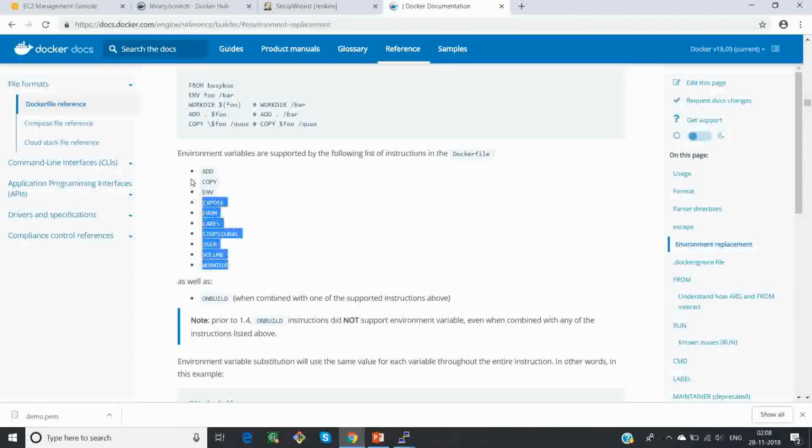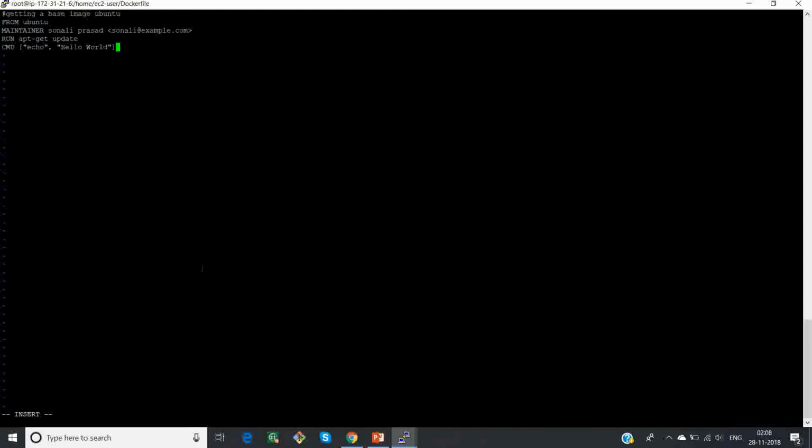These are some of the arguments which a Dockerfile supports. We can add, we can copy, we can pass an environment variable, we can expose any port. FROM is the name of the base image. We can label, we can set the stop signal, we can give user permission, we can add a volume, we can change the default working directory. So as of now, I'll just create this